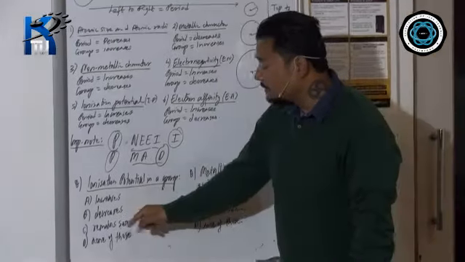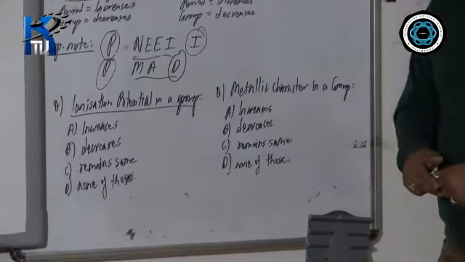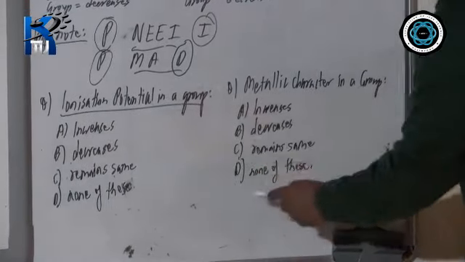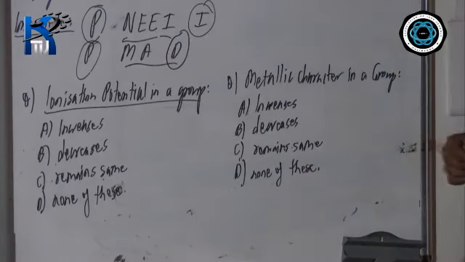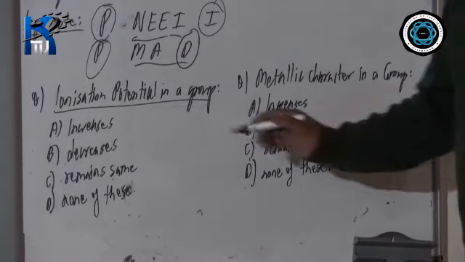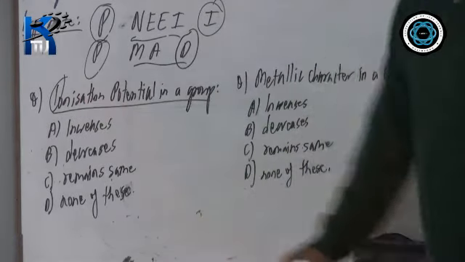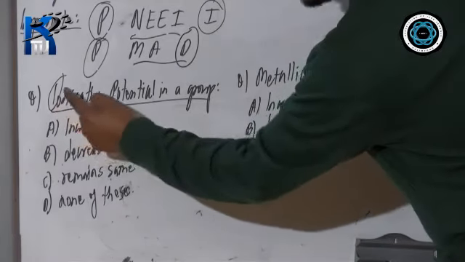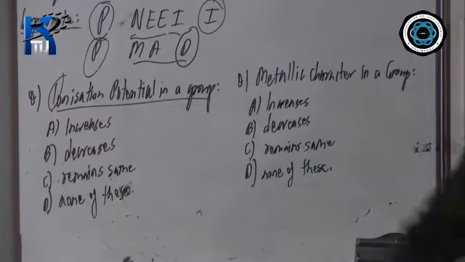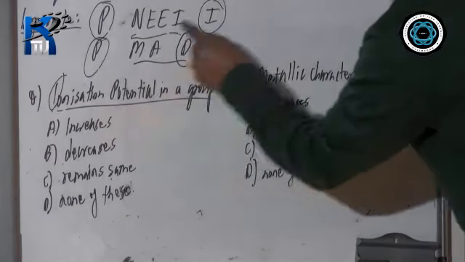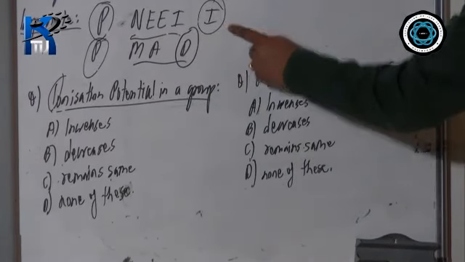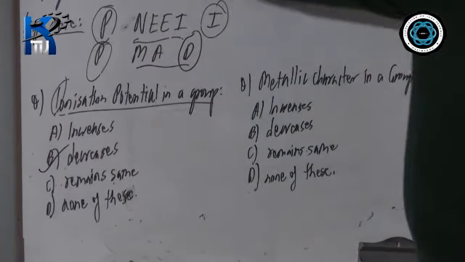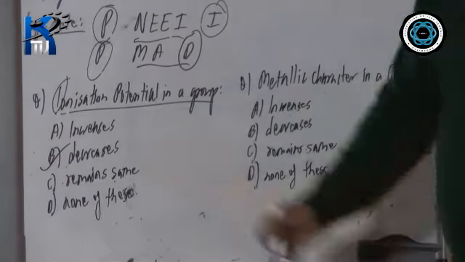Now let us see how this is going to help you in the objective questions of the ICSE board exams. This is a multiple choice question which has come in your ICSE board exams. Ionization potential in a group: will it increase, decrease, remain same, or none of these? You have to choose the correct answer. Now forget about everything, just see the letter I here. Does I come under Papuni or Papumat? I comes under Papuni. So in a period it increases. But they have asked you about the group. So in a group it will decrease. So no need to learn in this form. If you remember these two, you can manage it by yourself.